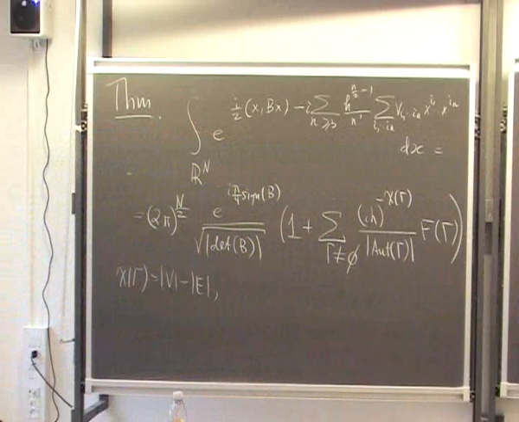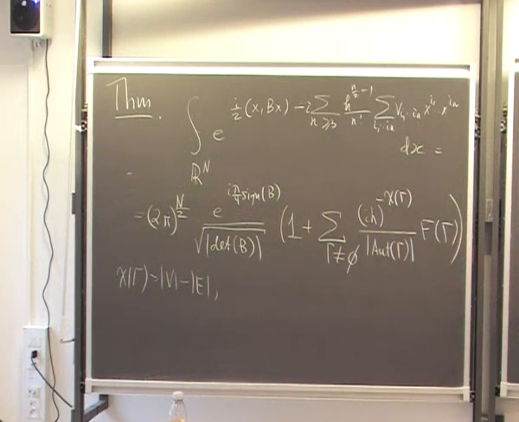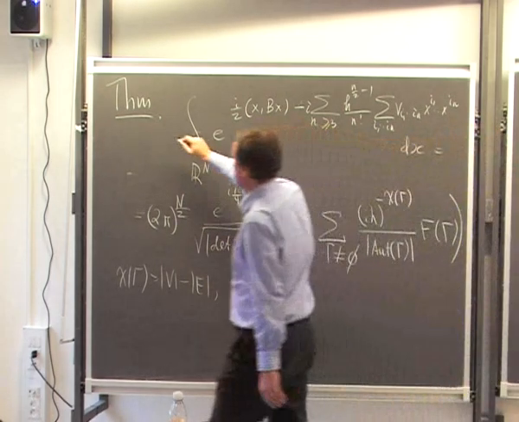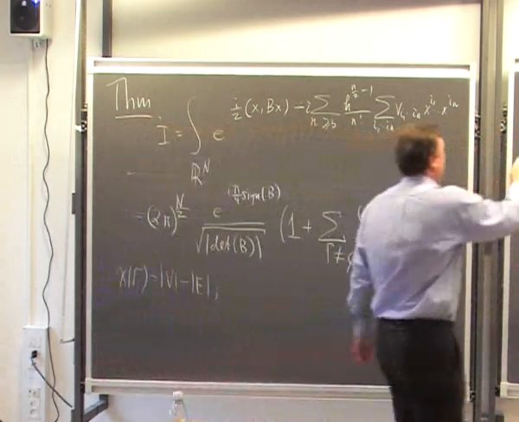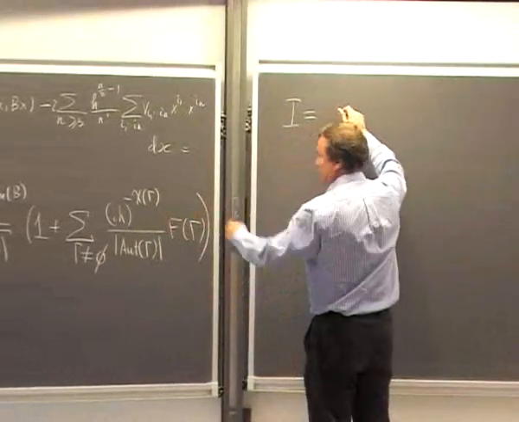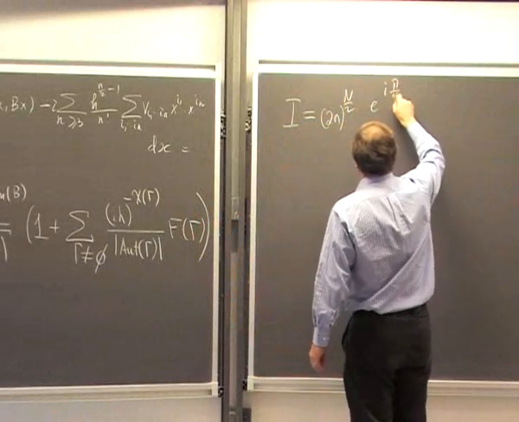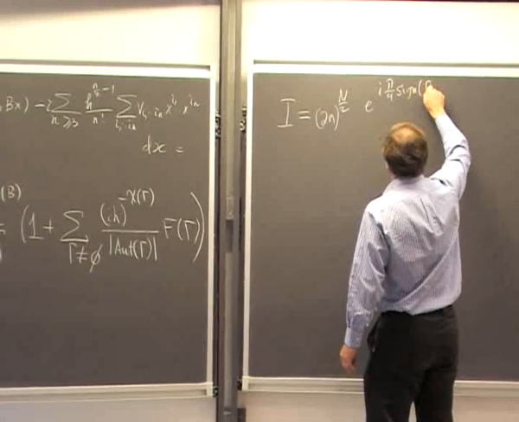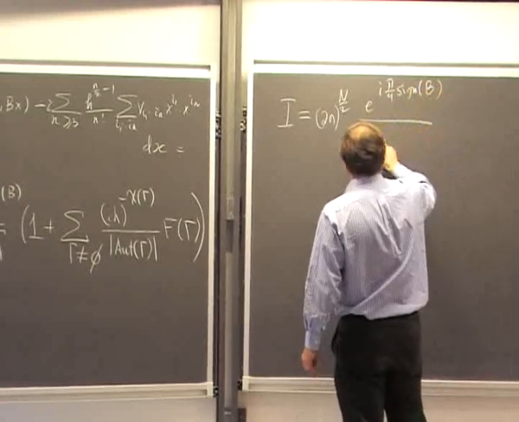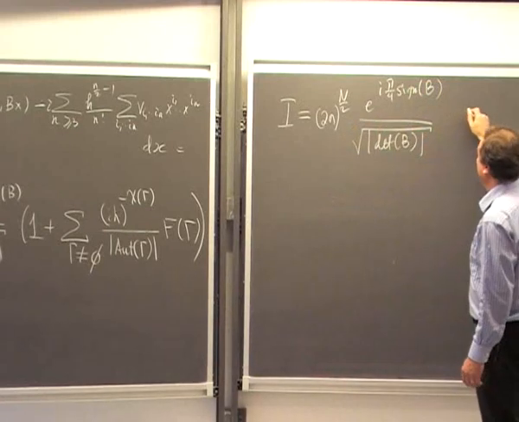So the proof is very straightforward. You just expand in h this exponent, and we did most of it last time. So we ended up with the following formula for I, if we call this integral I. It's these Gaussian prefactors: e to the i pi over 4 the signature of B, then the absolute value of the determinant of B, and then